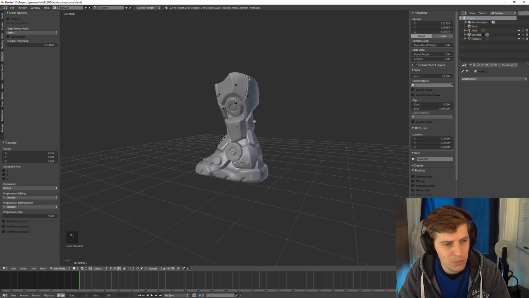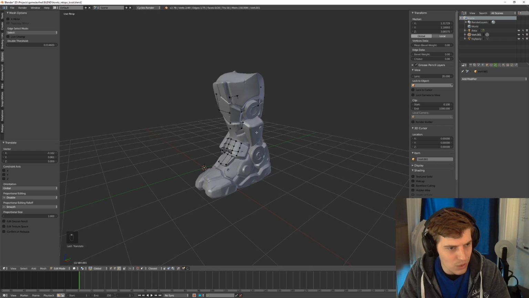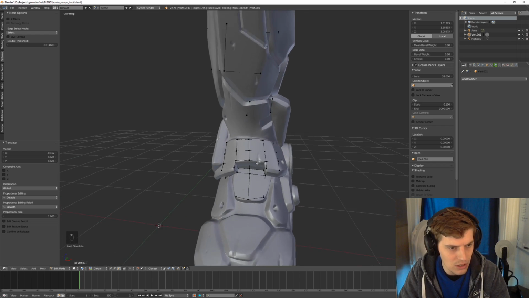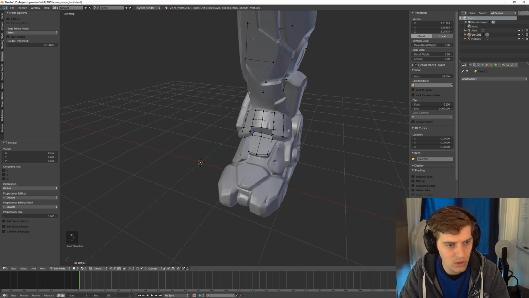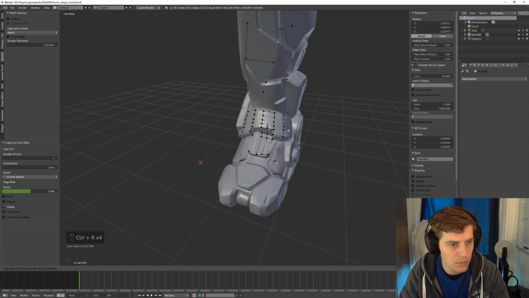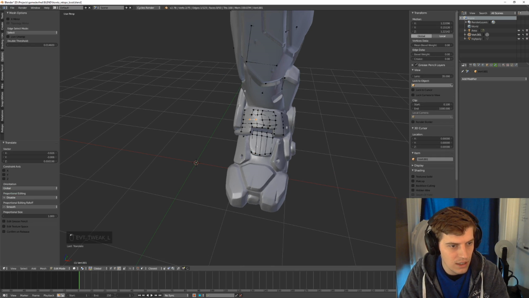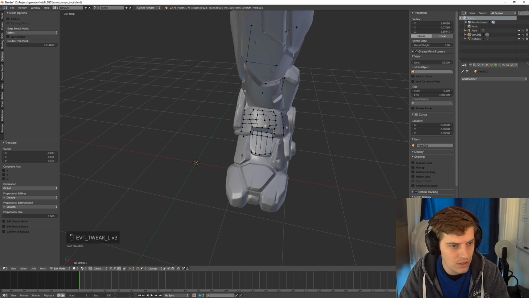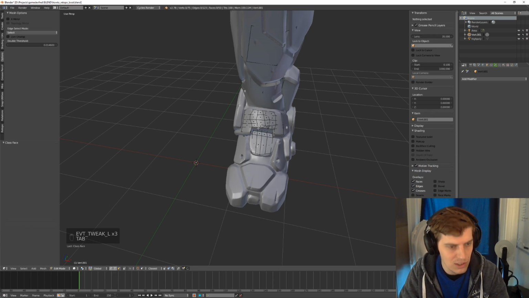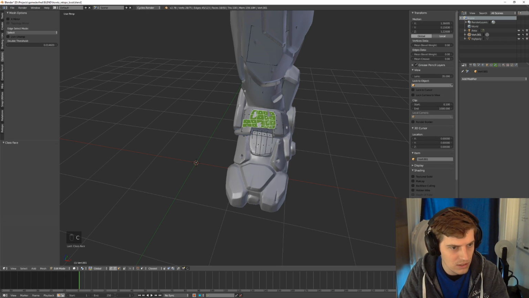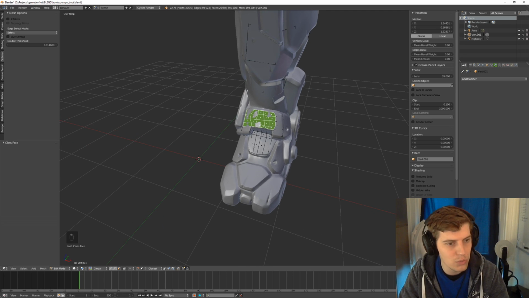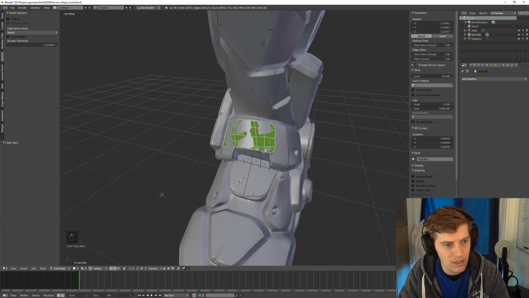All right, so that's pretty much the basics. I don't think I do anything else that's special. There's a whole bunch of things that you can still do to make your life easier. Like if I subdivide this a little bit more, and let's say that these are all a little bit out of whack, and I want to smooth all of this a little bit. Let's go into face mode and select all these polys. And what I can do is I can smooth this whole piece of geometry by